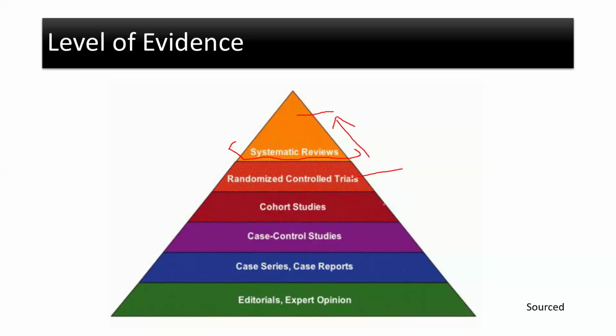And if you ask which one is better, which one is the gold standard, among the studies, at the bottom are the editorials and expert opinions, then we have the case reports, then the case control studies, then the cohort studies, and then the randomized controlled trials. So this pyramid shows that as we move up, the quality of evidence improves. Along all this path, what we are trying to do is minimize the bias, because expert opinion has the most bias, like if I just use my